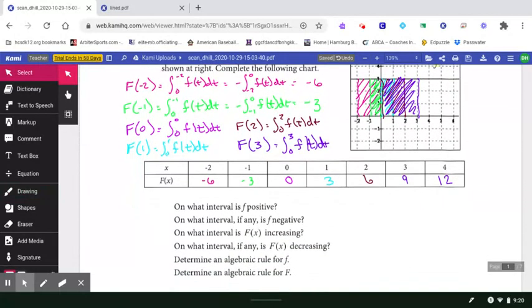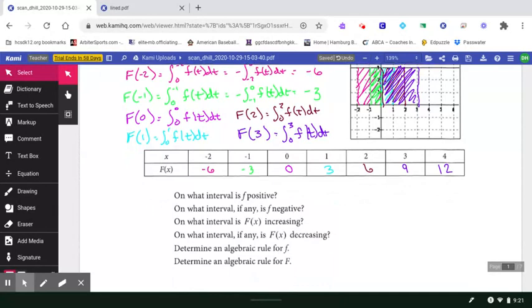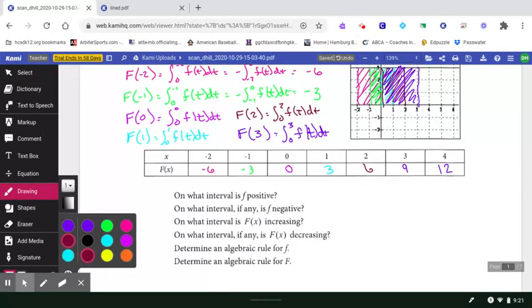Okay, so we could tell here, hopefully this table of values is going to help us answer some of these questions. On what interval is F increasing? And it looks like, assuming that we're working on the closed interval from -2 to 4, I'm going to say that F is increasing the entire time. So from -2 to 4. And in what intervals is F